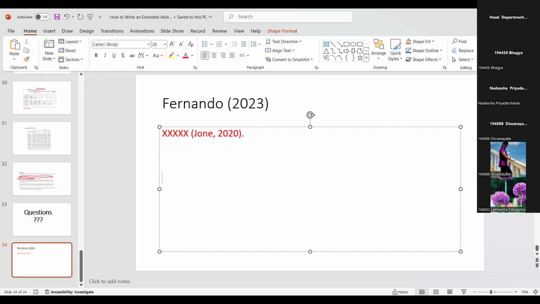We again put the statement, but don't take it as it is. You have to paraphrase or rewrite this, and within brackets we put John 2020 as cited by Fernando